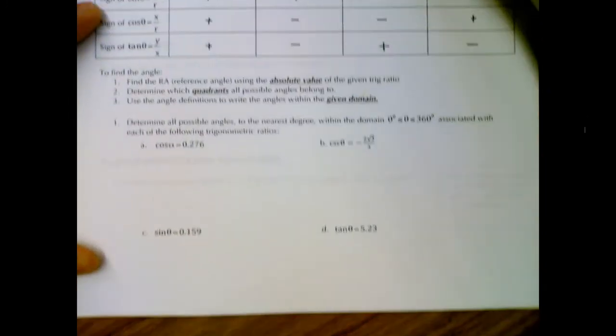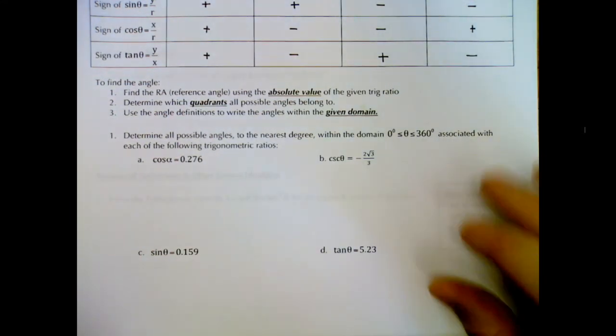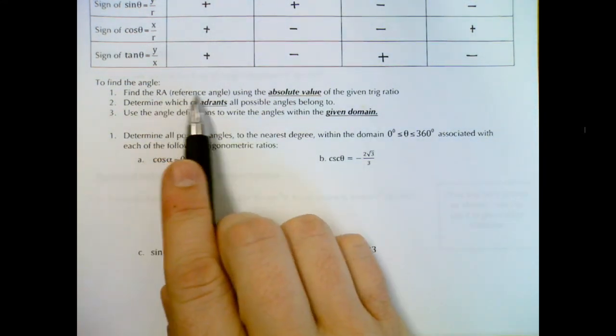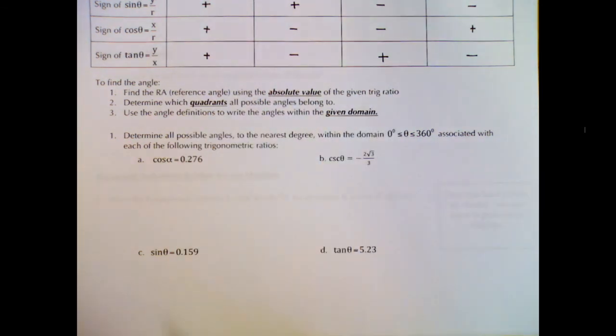We've got to remember the CAST rule. To find an angle, we have to follow 3 steps. Find the reference angle first by using the absolute value of the given trig ratio, which means that when you're